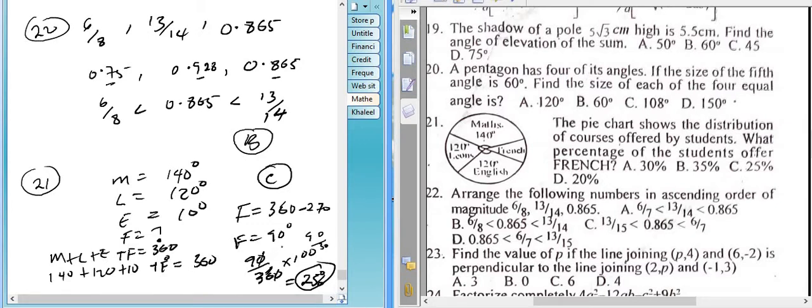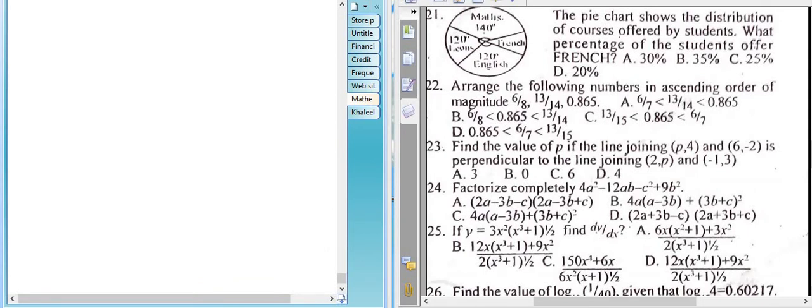Okay, so the next question is question number 23. Okay, moving to the question number 24. That's